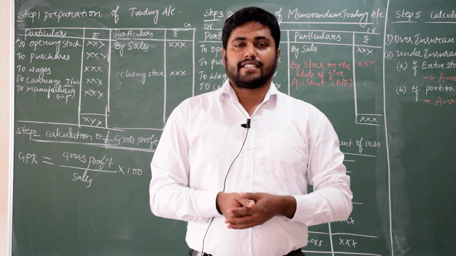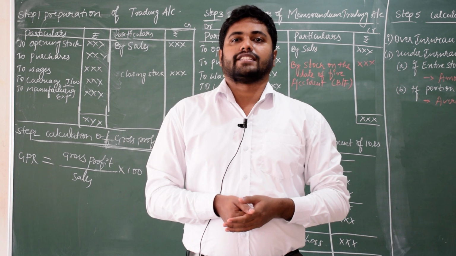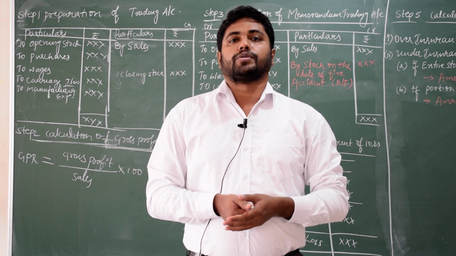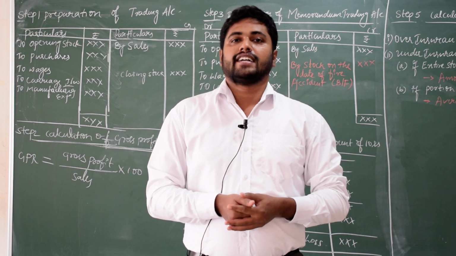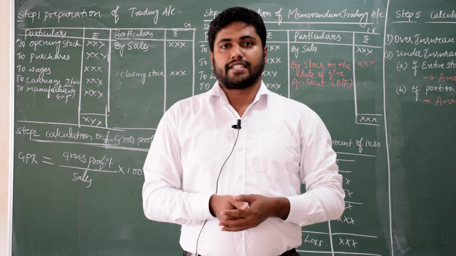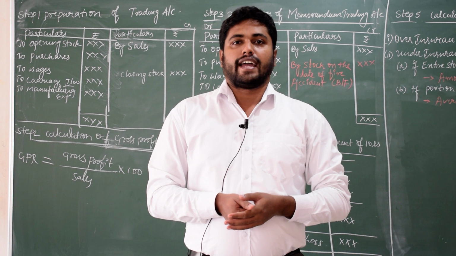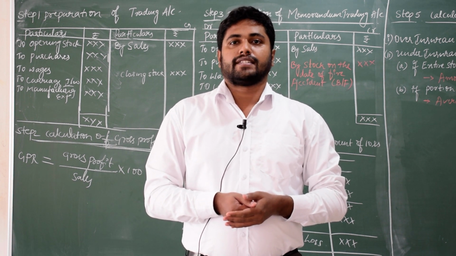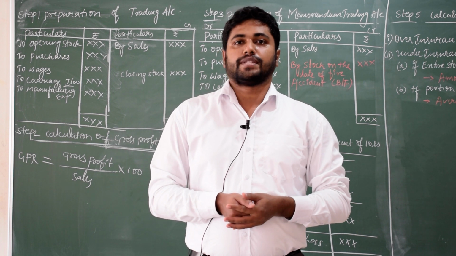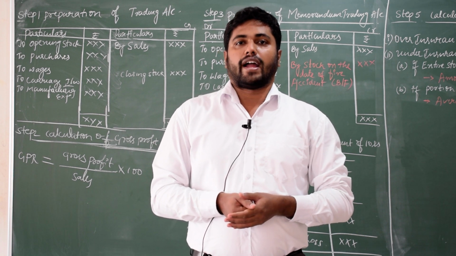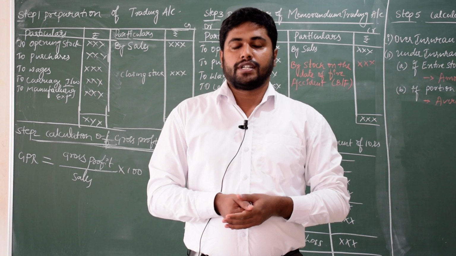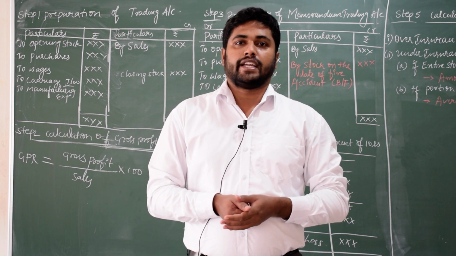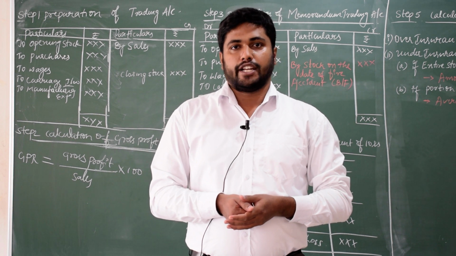In this class, I am going to explain how to calculate the fire insurance claim. While running a business, we are exposed to many kinds of risk, like the risk of fire, the risk of accident, the risk of theft, etc. In order to protect from these risks, the businessman needs to purchase a fire insurance policy. And this chapter provides structural knowledge about the maintenance of accounts and accounting treatment to get the compensation money under fire insurance policy norms.